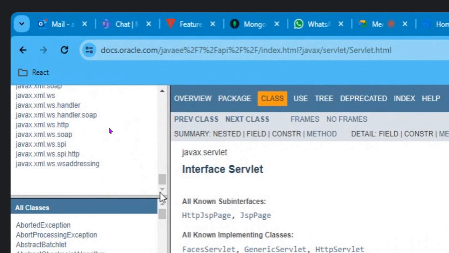At a certain time when you become experienced, you need to know about all these packages and you need to know what all different classes are there. So when you have to write a program, let's say you need to develop a program where you need to build a servlet, then you have to use this servlet package. Go up, go see that servlet package.